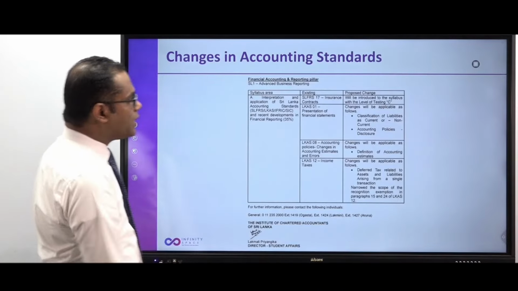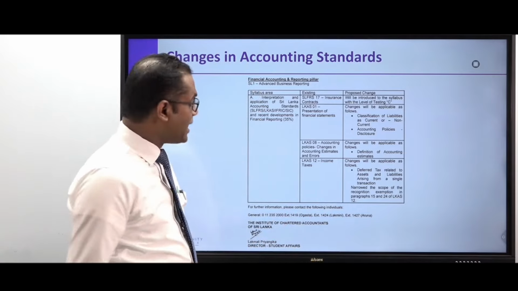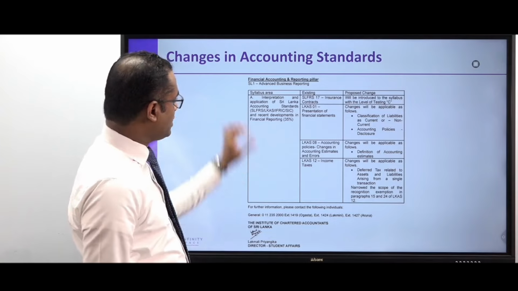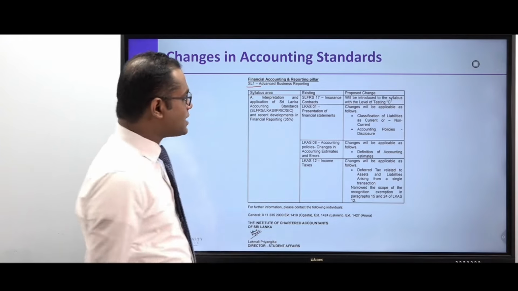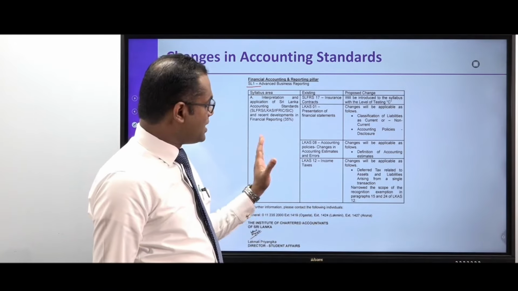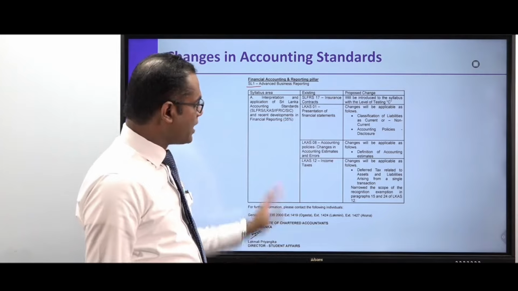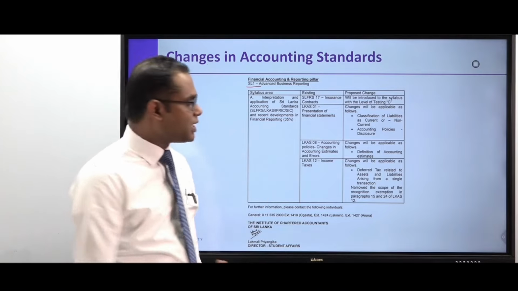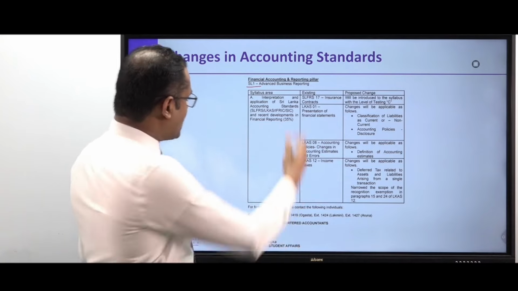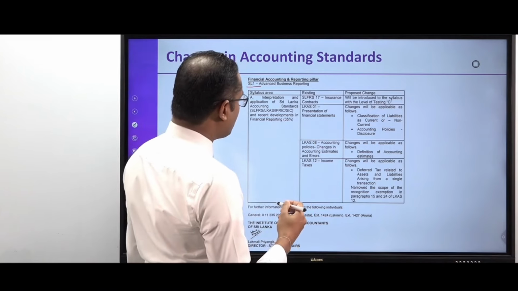Now, moving to the important aspect: the changes that were taken into account in terms of financial reporting. In terms of the financial accounting and reporting pillar relevant to your subject, SL1, these changes were applicable from the December 2023 paper onwards. That means definitely for your examination these changes are applicable. These changes are relevant to the accounting standards. There are 4 accounting standards. Number 1 is SLFRS 17